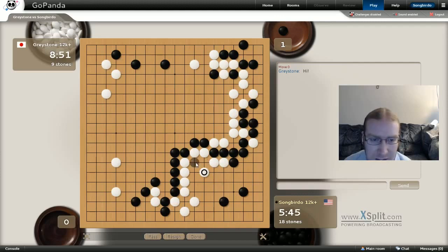If he comes back and does this now, I can cut out this eye, then he can come here to make his second eye. So I really want to poke this one first. Again, not really trying to kill this group, I'm just trying to make it squirm a lot. This ladder, of course, doesn't work unless I get a jump out. If he cuts, I can jump. But then he can ladder this, so I need to...